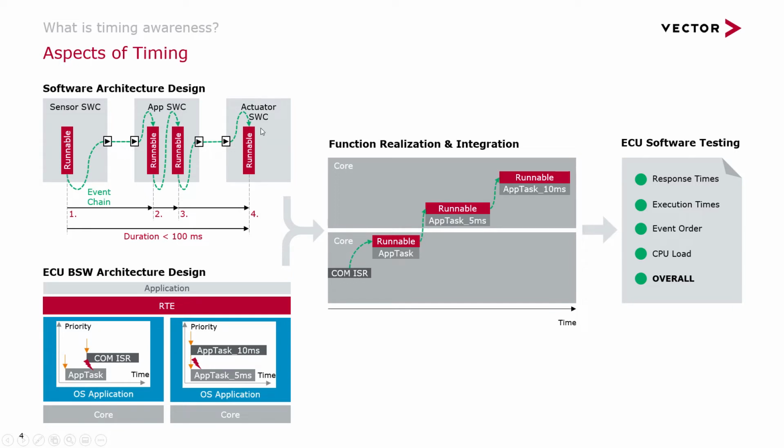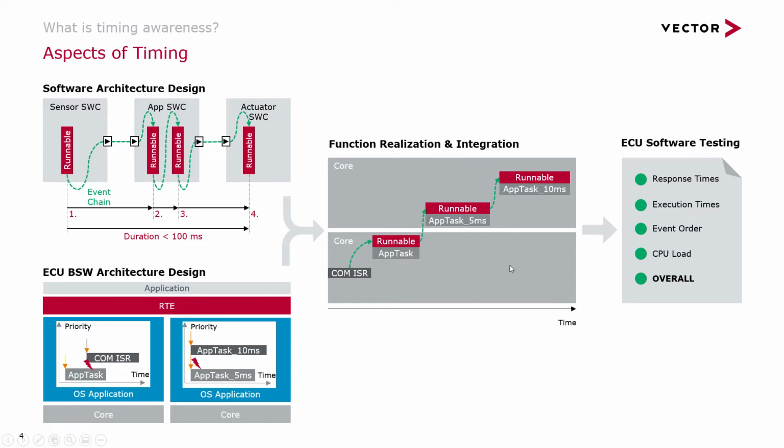What you can see here drawn in green is called the event chain. So if you have such a behavior modeled in your architecture design, you want to make sure that this event chain is executed in the right order afterwards when you run it on your microcontroller. And you might also want to ensure that from reading the sensor data until making a decision for the actuator, it doesn't take more than 100 milliseconds, for example. So these are things that you can derive from your software architecture